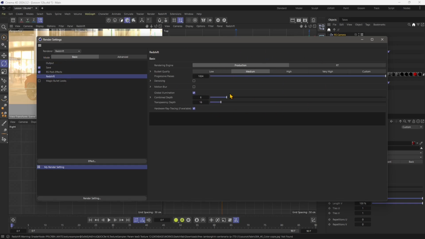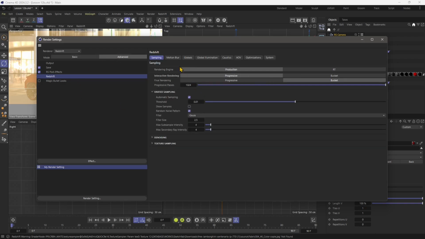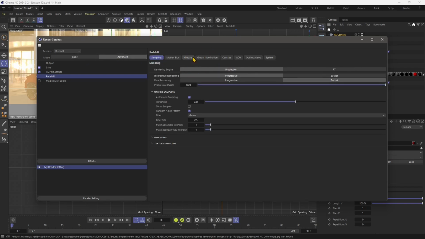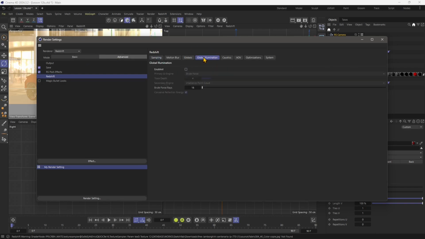And here in the Redshift, you have basic and advanced, and then you have the global illumination right here. Now we're using the production, and then you have real time. And if we switch to advanced, we have a lot more options here, and settings to do, but there is one tab called